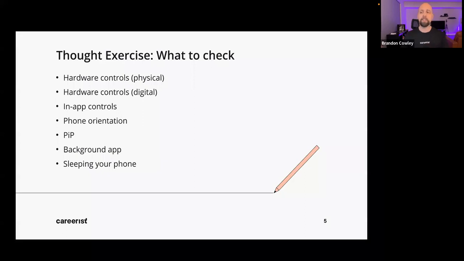Just fun fact. All of your in-app controls. So yes, all of the multitude of touch buttons and liking and smashing this button and commenting on that. Yes, that all needs to be checked. Phone orientation. That was the first thing that got called out. And I'm very glad that someone said that. This holds true for YouTube and it's easy for us to visualize that, but this also holds true for many other apps. You want to see if the app is supposed to be able to handle or tolerate orientation changes.